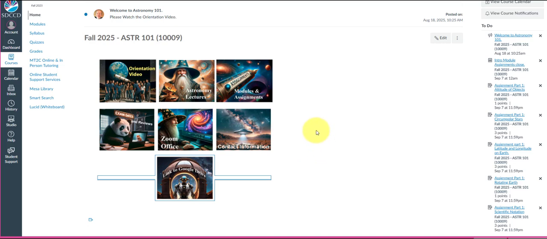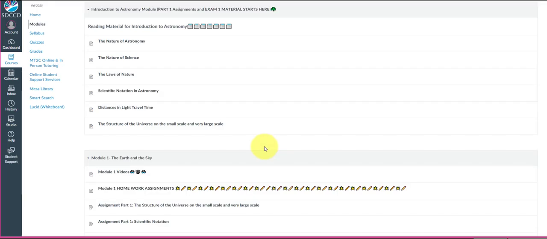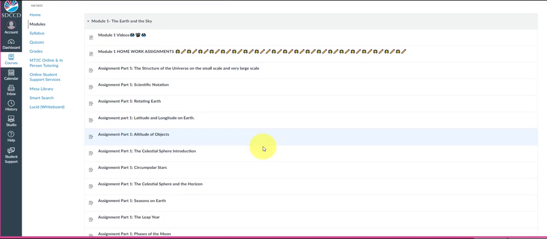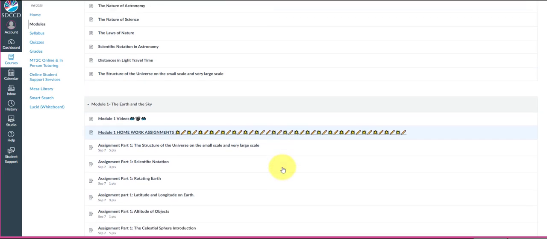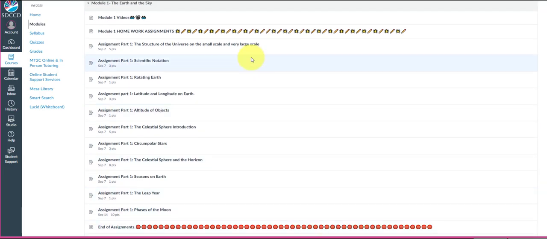Back to your home page. So this is where your modules and assignments are. If you click on this, you get to your assignments, and you have to go down just a little bit. The assignments are always between the stars and the stop signs here. So they start here, they end here, and each assignment is worth some points. This one is 5 points, 3 points, 1 point, 3 points.